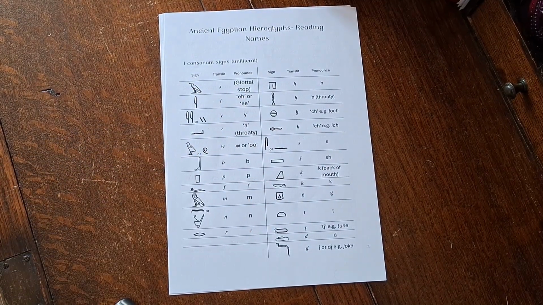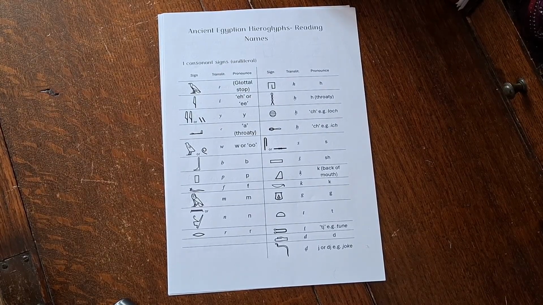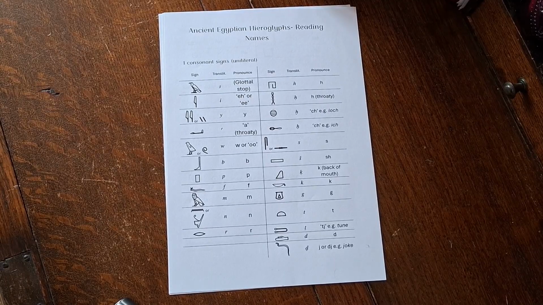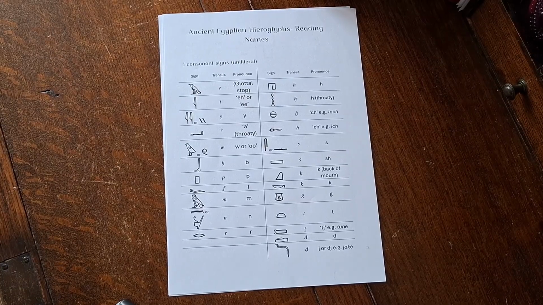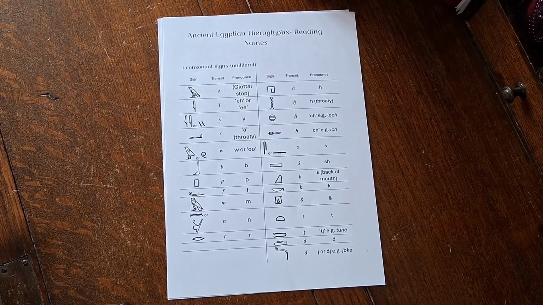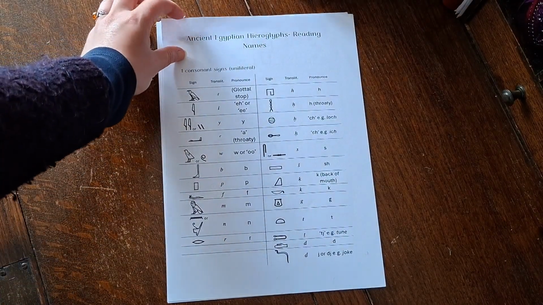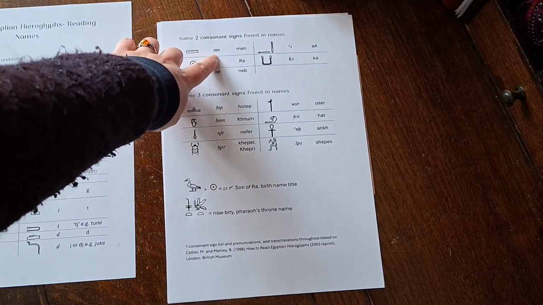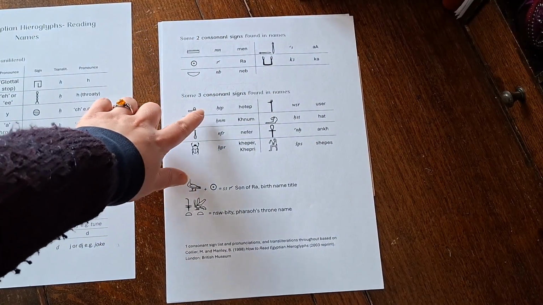One thing I am going to say is that how I pronounce these names today is not going to be accurate. If you get inside your time machine and go back to ancient Egypt and try to refer to the name of the king, we're probably saying it wrong, because we don't actually know what went in between these hieroglyphs. So I'll demonstrate that in a minute. But these are the one consonant signs. Then we have just a few two consonant signs. Literally, they have two consonants, and then we have the three consonant signs,